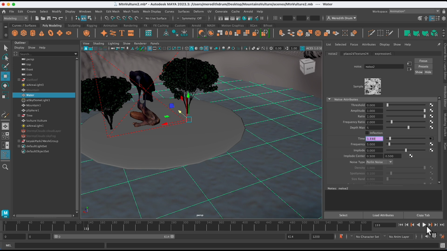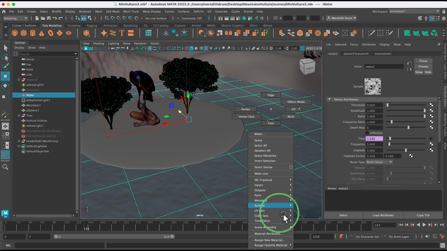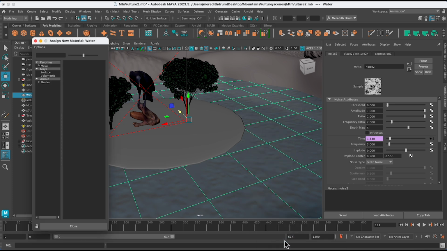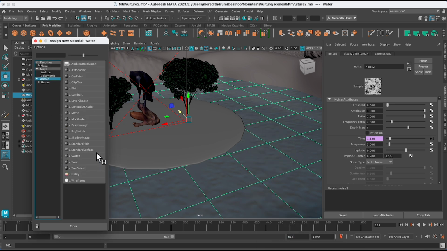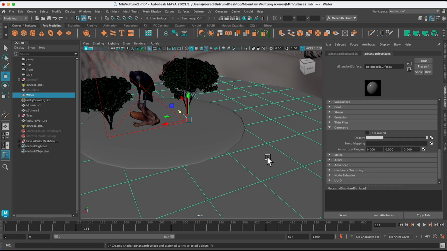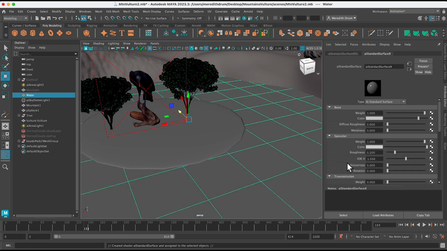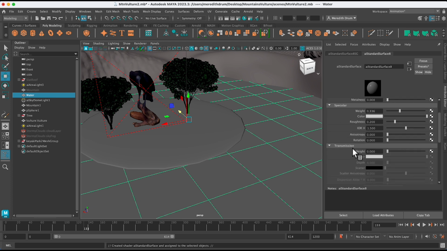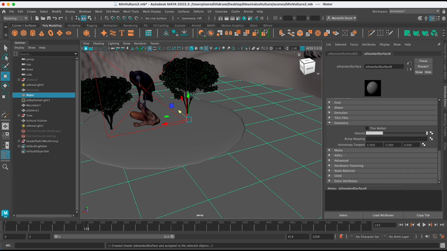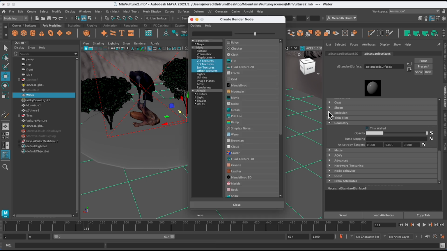And yeah, so hopefully that's helpful to you. So I'll just redo it. So let's just apply a new material. Again, I'm going to do an AI standard shader. This time I'll just leave it with the gray for now. I'm going to turn down specularity a little bit so it's not quite as shiny. And now I'm going to go in here to the bump map, and I'm going to click on it, and I'm going to apply a noise texture.